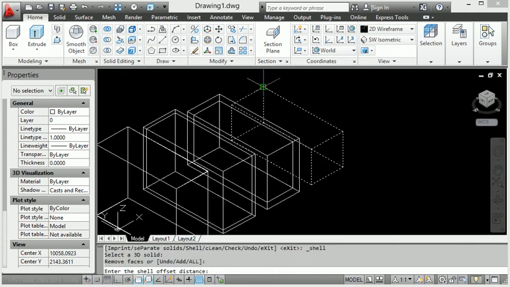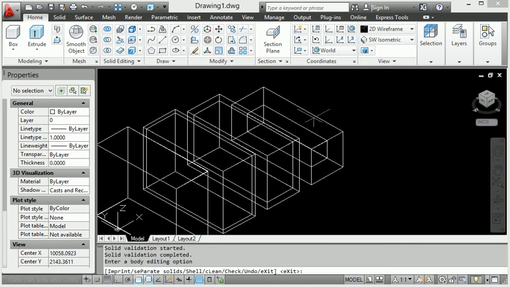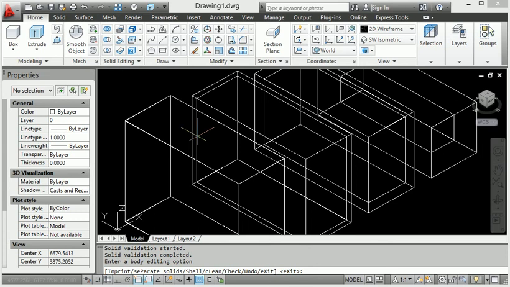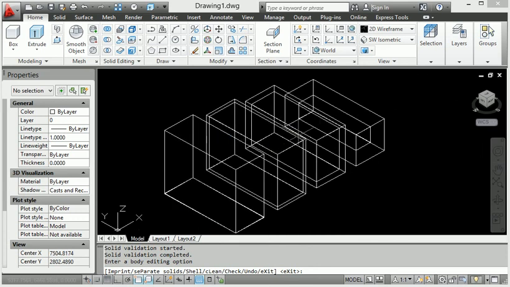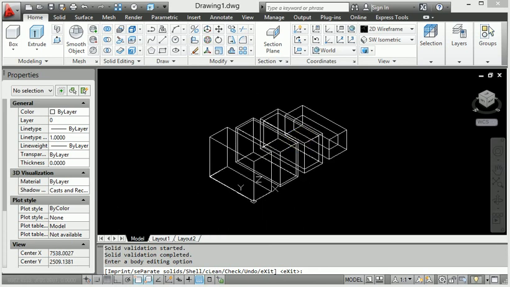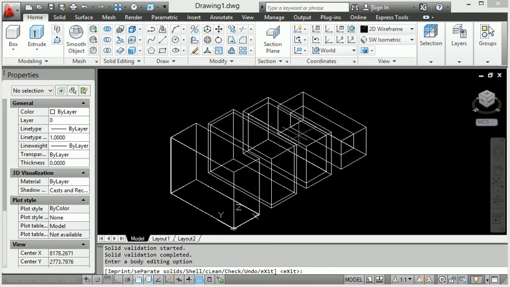Enter the shell command, press here, click the point and 500. So it's a continuation; I have to provide every component with a proper shell command.